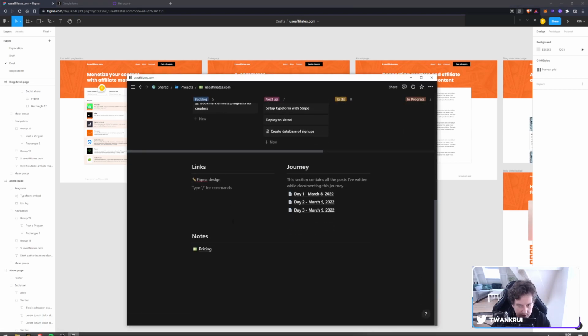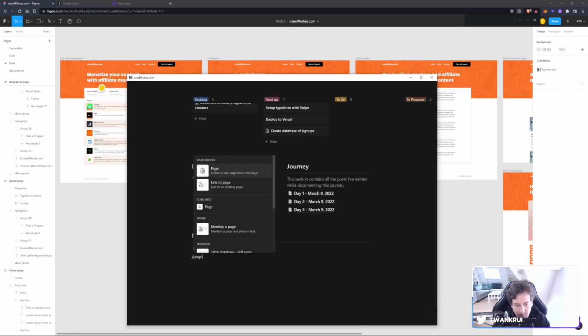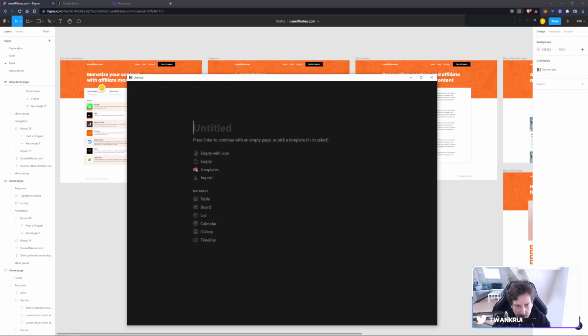Do I want to do some other things? Notes. Let's also create a page because I got a question yesterday: tools I used. So we have Figma. We have Simple Icons. We have Heroicons. Then for development we have Next.js, we have Tailwind CSS. Do we have more things? We have